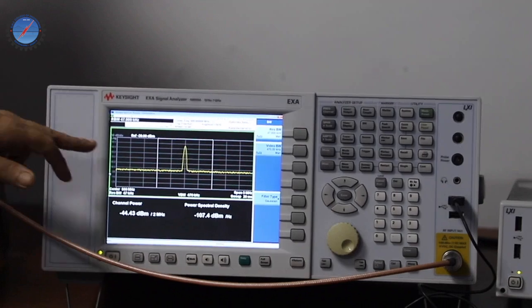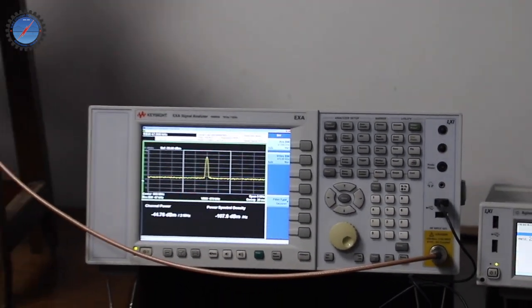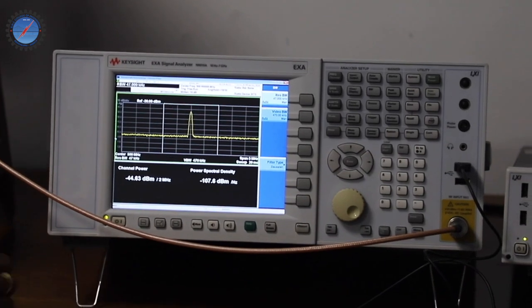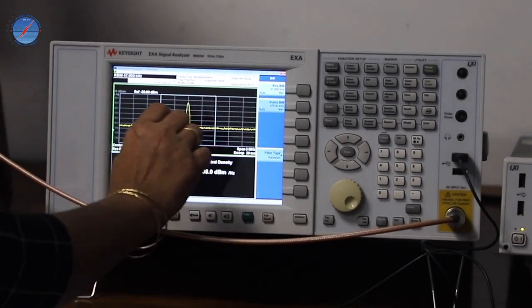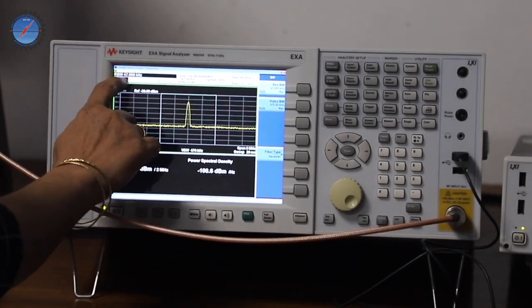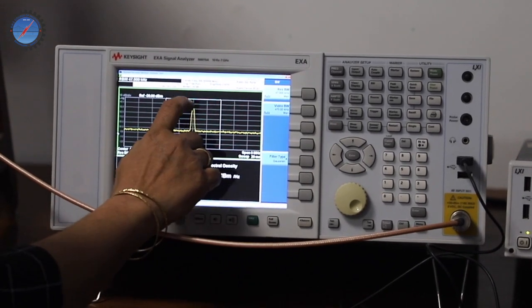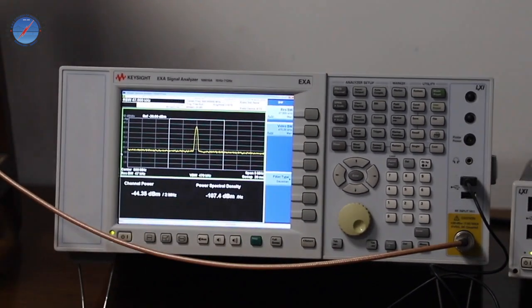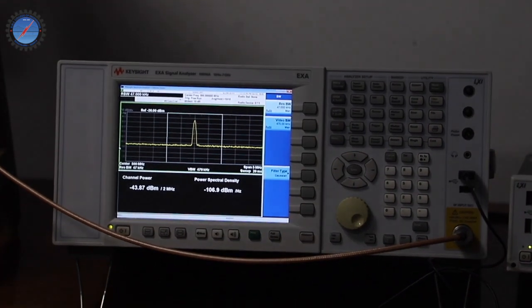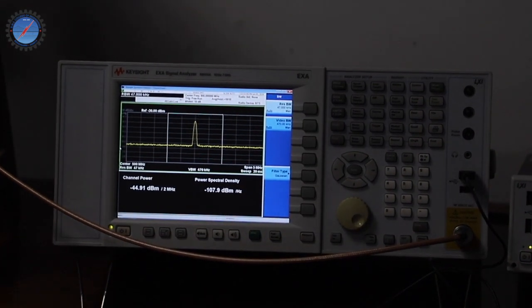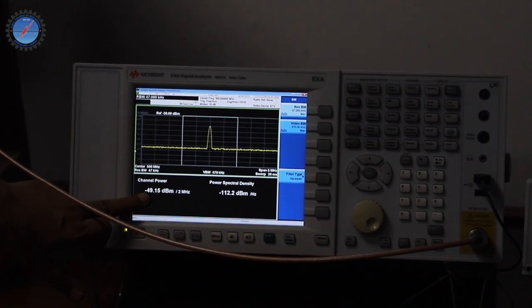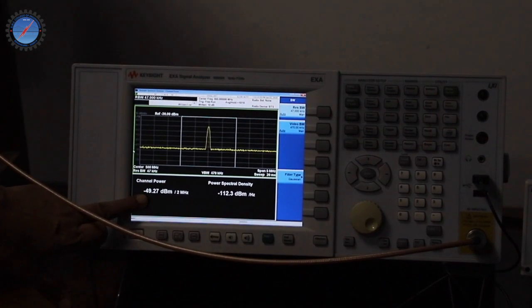And now we can see the spectrum of the signal that is transmitted, 500 megahertz. You can read the frequency here. The center frequency is 500 megahertz. So what is the channel power? You can see that the channel power received is minus 49 dBm.